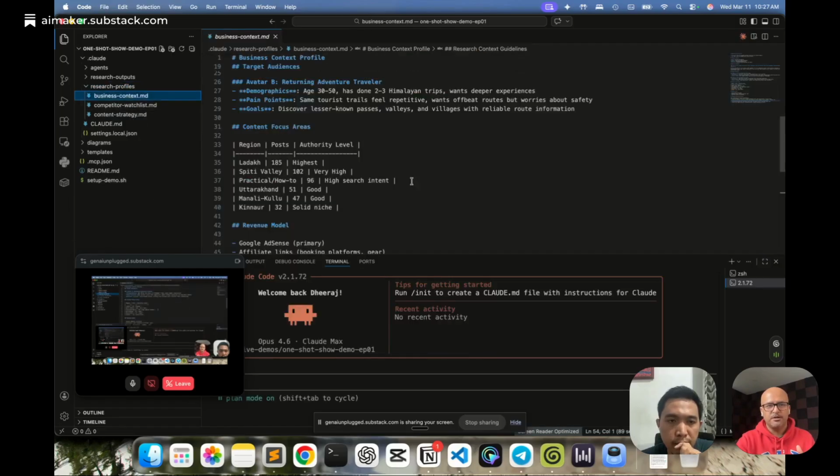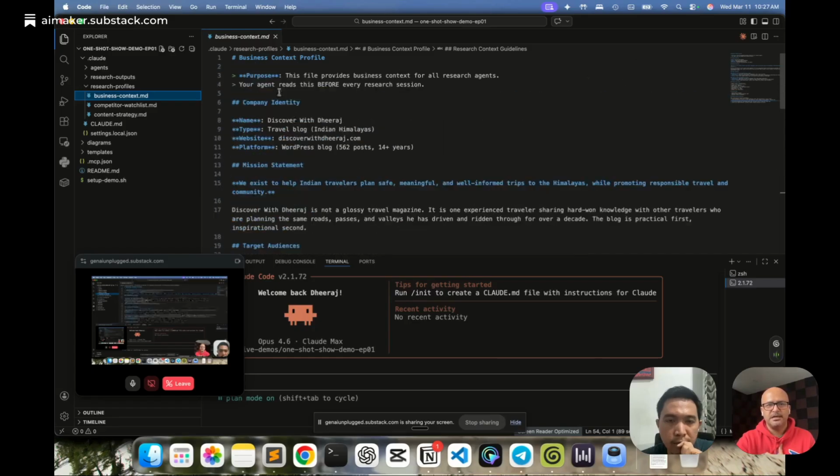If I open up the business context, you can see what this file is. Not exactly me, but when Claude reads this file, it will know that this file provides the business context for all research agents, not just, let's suppose, this one. Maybe I want to create a technical SEO research agent next. You can do that.